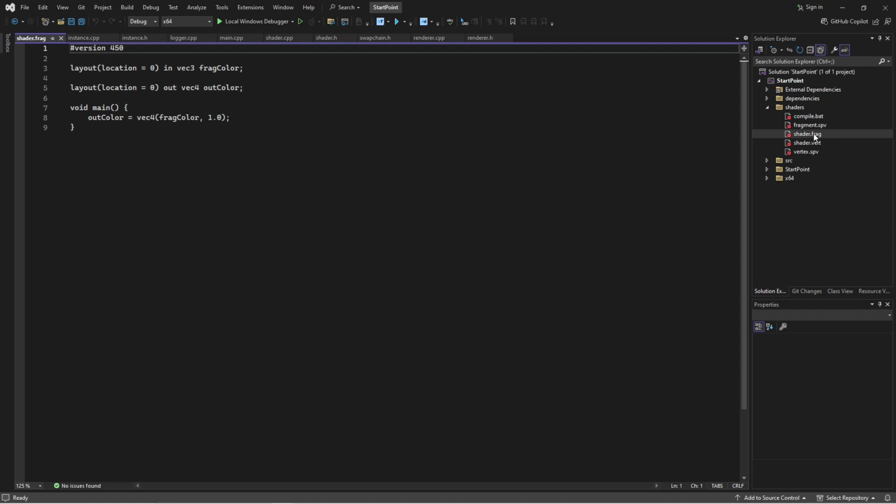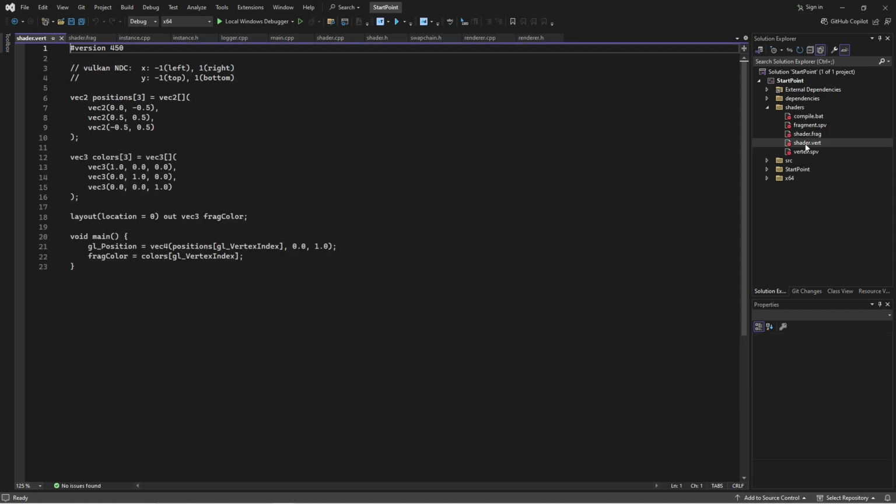My fragment shader needs to have the frag file extension, and my vertex shader needs to have the vert file extension. But I'm not actually going to go into a lot of detail on these shaders. They're pretty standard. I might look a bit more at them in the future. But what's happened is we start with this GLSL code, and then we compile that code into SPIR-V code, which